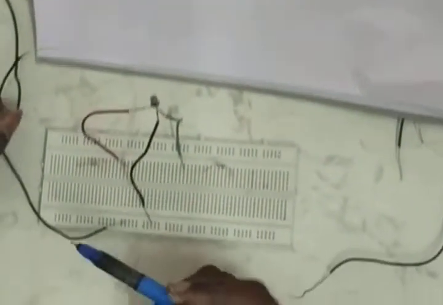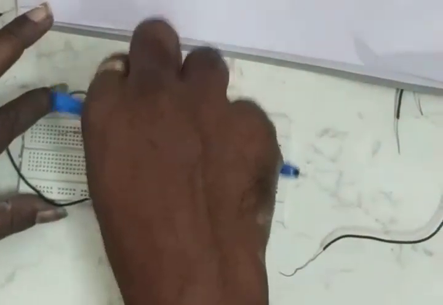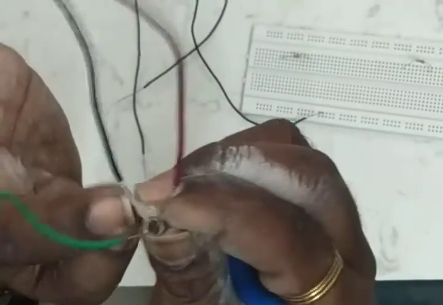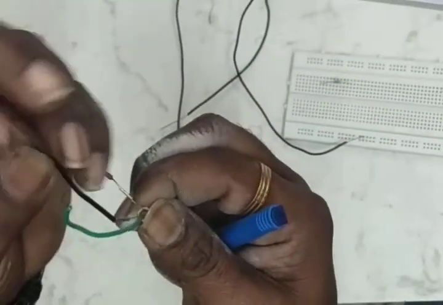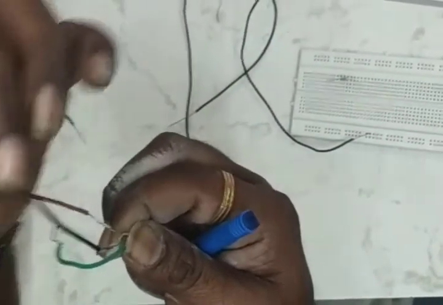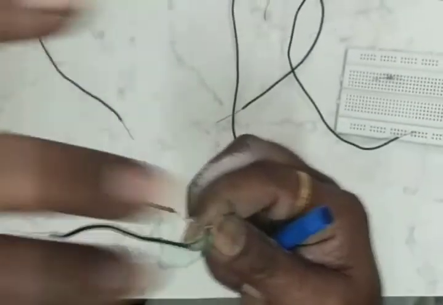See, everyone has to see this one. First I am going with the transistor, in which terminal has to be grounded? Emitter has to be grounded. See this one, emitter. I am holding this one like this. The terminal which is very near to this notch is called emitter. Next one is base. Next one is collector. Emitter has to be common for base and collector. This is common for base and collector. So I am connecting the same.